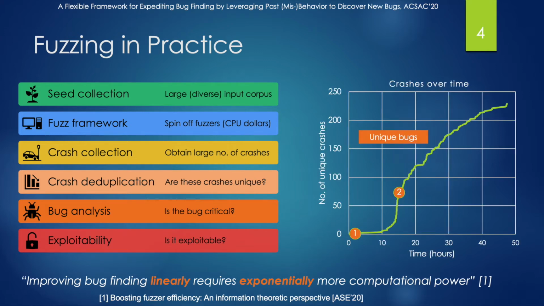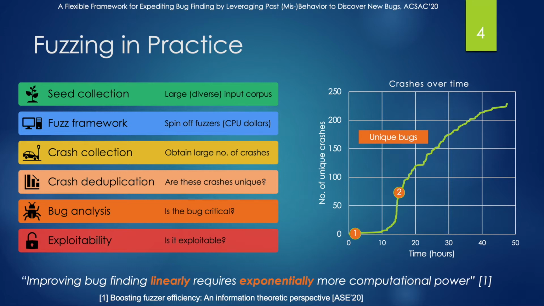As commonly seen, once the fuzzer gets the first crash, subsequently many unique crashes are collected. But in fact, they are often triggered by the same bug. As shown in figure, more than 200 crashes are generated, but they are triggered by just two bugs. As highlighted by a recent study, improving bug finding linearly requires exponentially more computational resources. In other words, even though rediscovering the same vulnerability is cheap, finding new vulnerabilities is expensive.